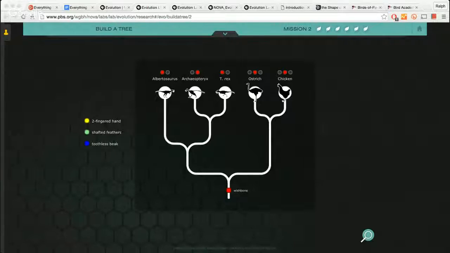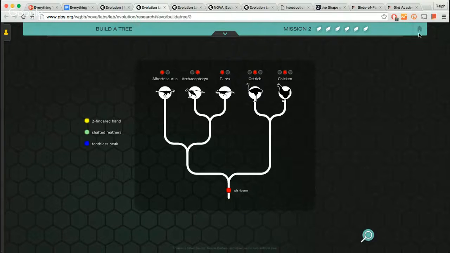No, I just love this game. There are a lot of misconceptions about evolutionary trees, which are such a big part of understanding and studying evolution, and the Nova Lab really hits it out of the park in addressing all those misconceptions. It's wonderful. When I was talking earlier about letting your students discover the evidence, not everyone can go to a museum and look at these various fossils or traits, but they're all here for you with the Nova Lab. Mm-hmm. No, absolutely. So this is just one part, and this is just one level.